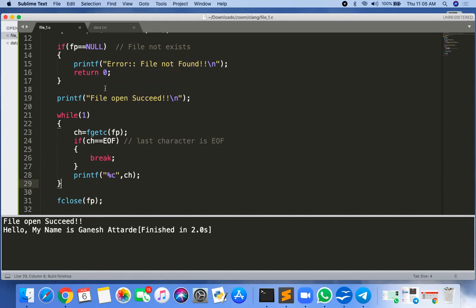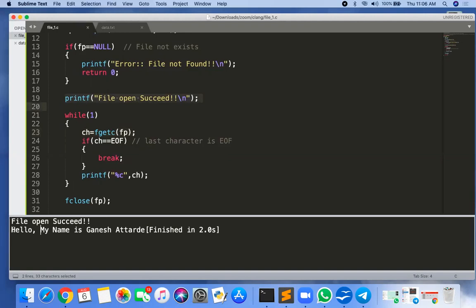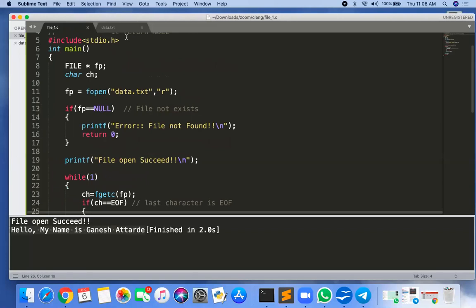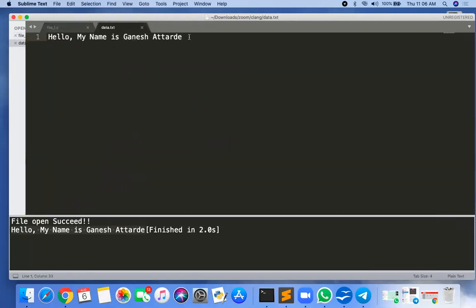First, it will print file open succeed and then hello, my name is Ganesh Attarde. Whatever the content of my file is, I'm changing my content: and I am the CEO of GB Softronics Solutions.